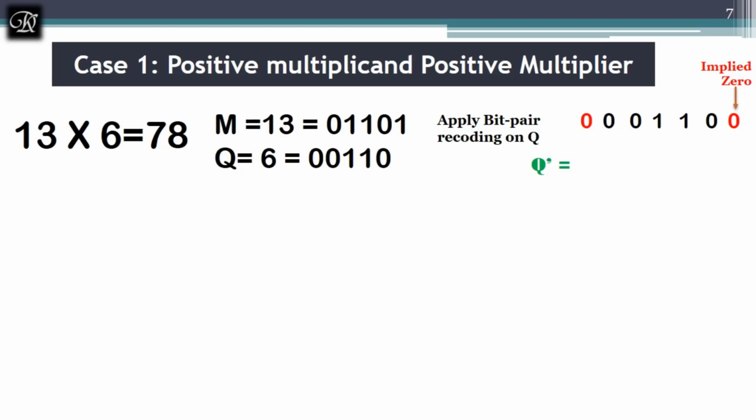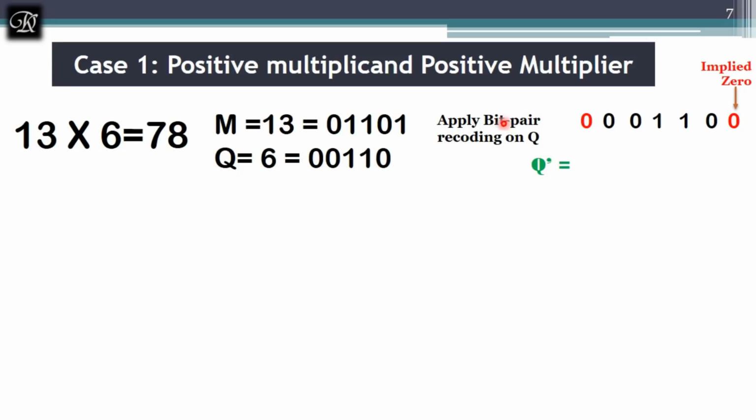As with Booth multiplication, here also we will see all 4 cases for the same example. First I will go with positive multiplicand and positive multiplier. When both are positive, there is no need to go for a 2's complement of the number. Write it as it is, as in the Booth algorithm.